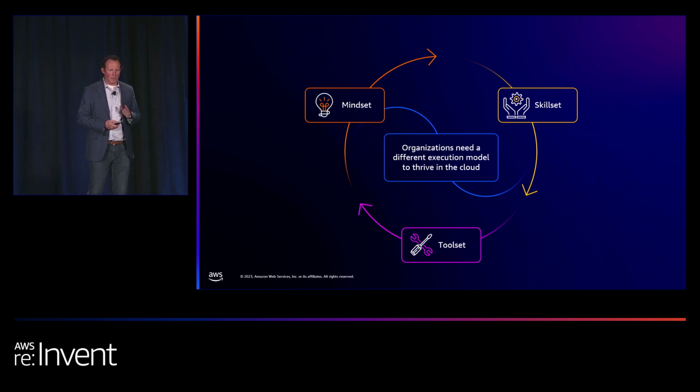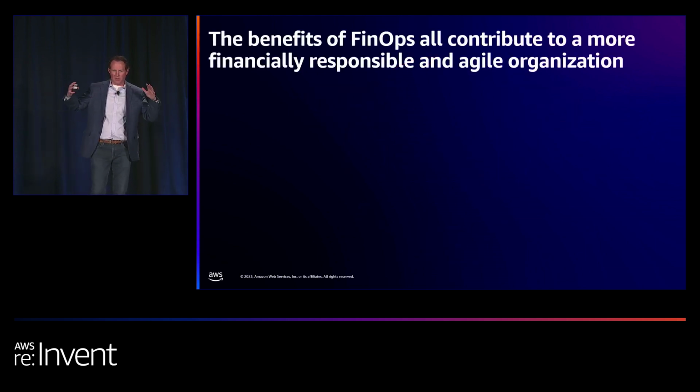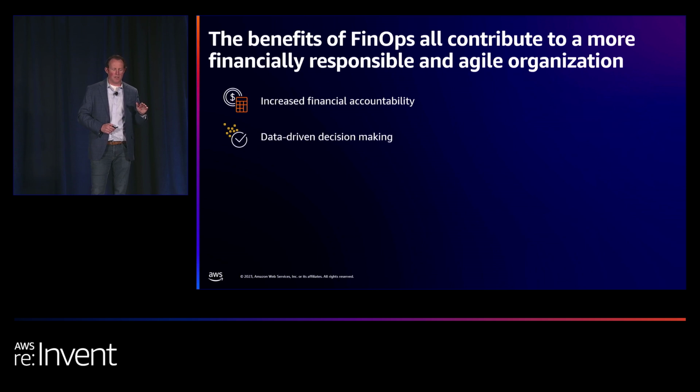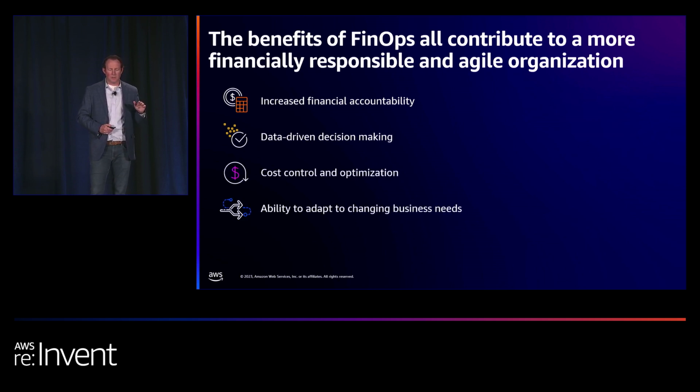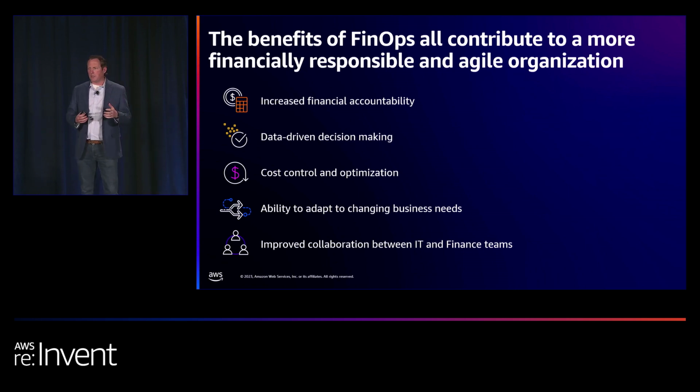Last thing I do before we dive deep, and I decided to go pretty broad on this versus deep, it's a balance of deep and broad. So the pace may pick up here as we go through this, but my hope is as you think through the benefits, and I'll put all these up there, none of these are going to surprise you as you think about the benefits of FinOps and the ecosystem that's out there. This is all about traceability and transparency. This is all about helping to hold people accountable. And it's also about minimizing waste. Spending money in the cloud isn't a problem, but wasting money is. And really the passion and mission of FinOps teams is to ensure you're using the company's resources effectively, but you're also delivering the value that's expected as you go through it.